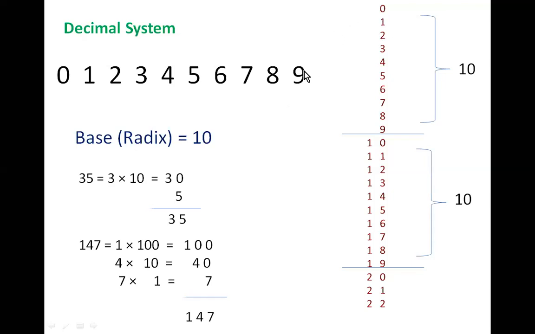Now let's see how to count. We know 0 is nothing, 1 is 1, and 2 has a weight of 2. 2 is twice as large as 1. 3 is thrice as large as 1. 4 is 4 times as large as 1. That's how we know these numbers. Yes or no? Is it right?